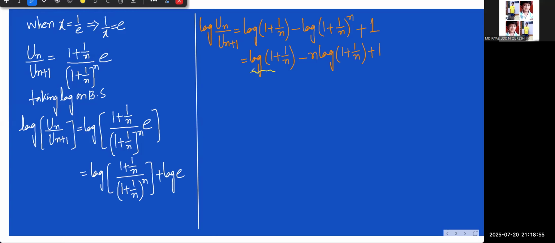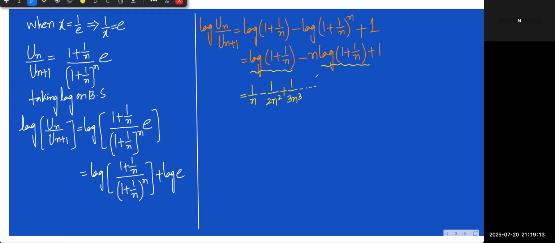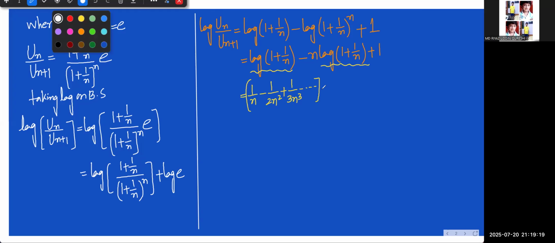Here we are applying the formula, and here also we are applying the formula, keeping n as it is. So write the formula: 1 by n minus 1 by 2n square plus 1 by 3n to the power of 3 minus and so on, bracket close, minus n, and then we have to apply one more time that formula, 1 by n minus 1 by 2n square plus 1 by 3n to the power of 3 minus and so on, bracket close,